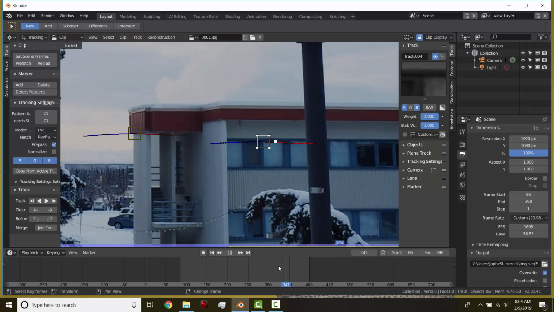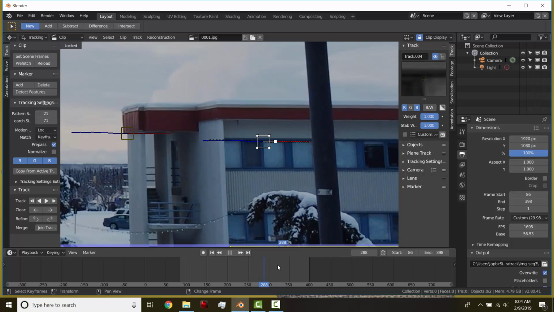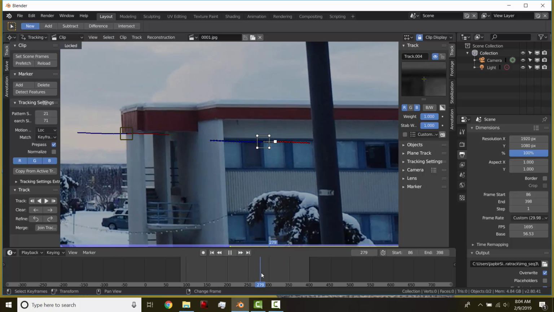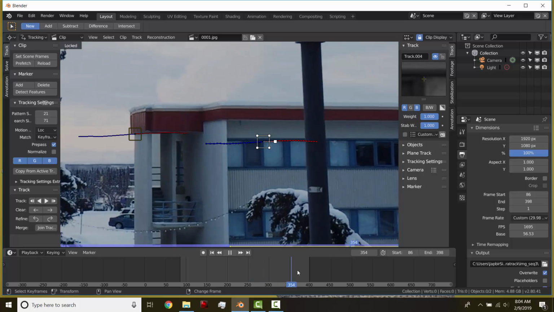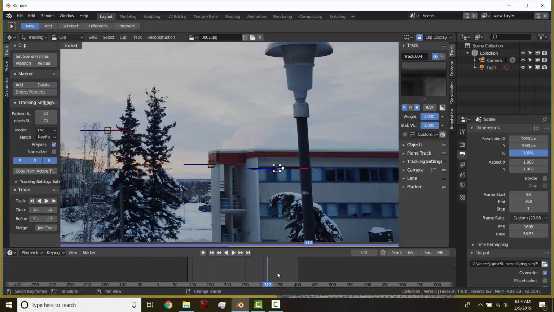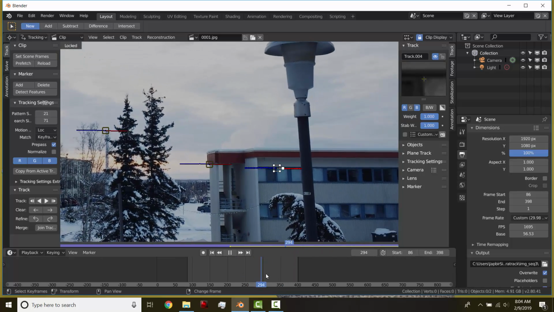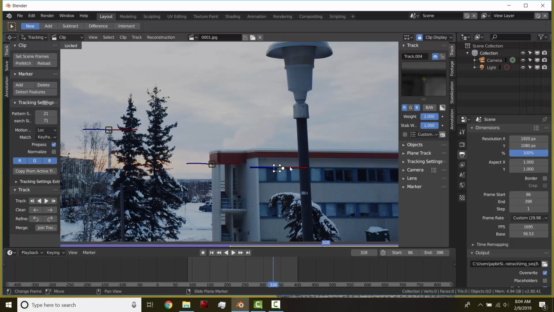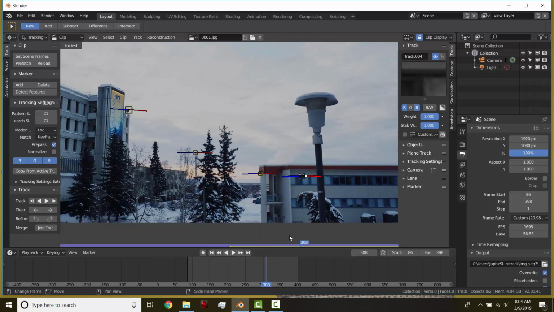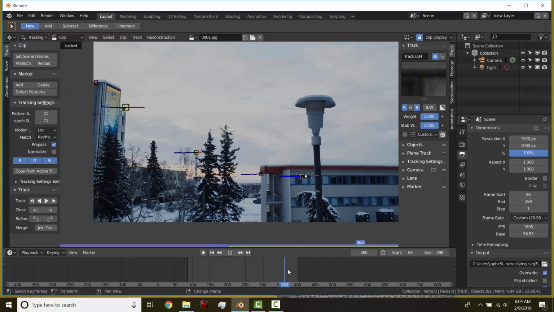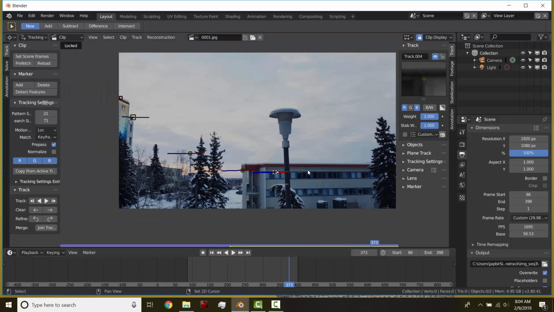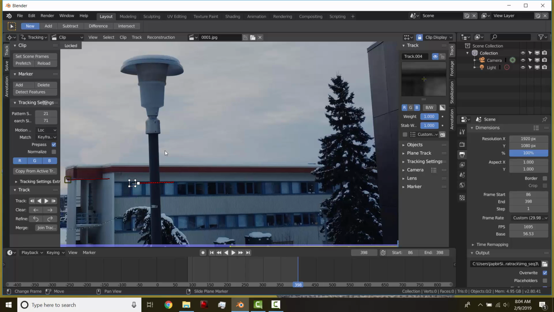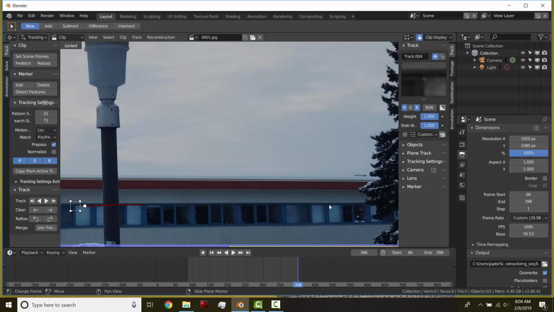Yeah, and as you can see, you can see the lens distortion, and you can see that pole moving because the iPhone has such a wide angle lens, there's actually some lens distortion going on. But you only see that when you lock the track to the center. And maybe I'll go to the ending of it and put another tracking point on this window